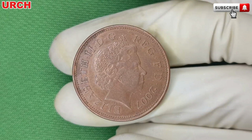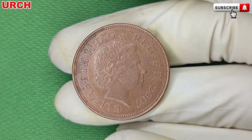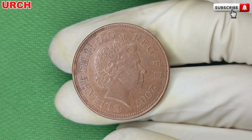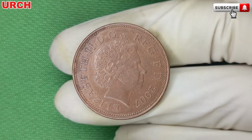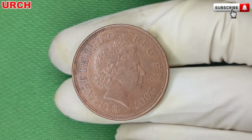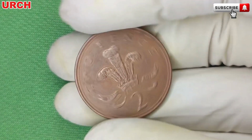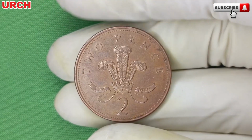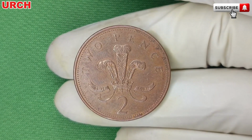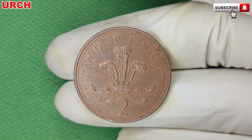Introduced in 1971 as part of decimalization, the 2 pence, often written as 2p, was part of a complete overhaul of British coinage. It replaced the pre-decimal system that had been in use for centuries. The 2p coin featured the majestic badge of the Prince of Wales on the reverse, symbolizing loyalty and heritage. Its inscription, Ich diene, meaning I serve, reflected the traditional motto associated with the Prince of Wales and carried deep